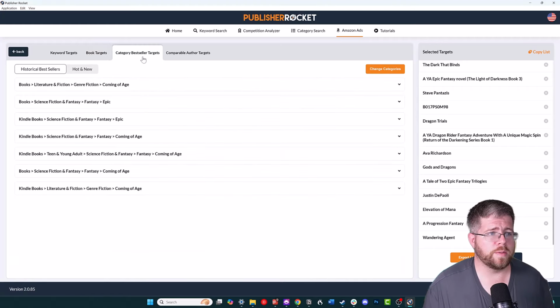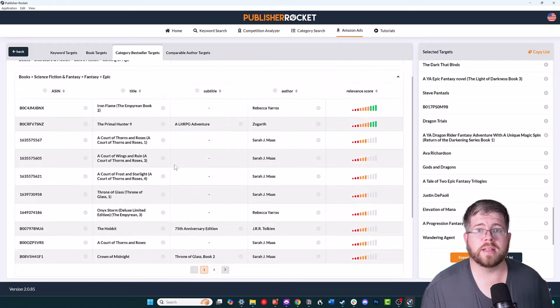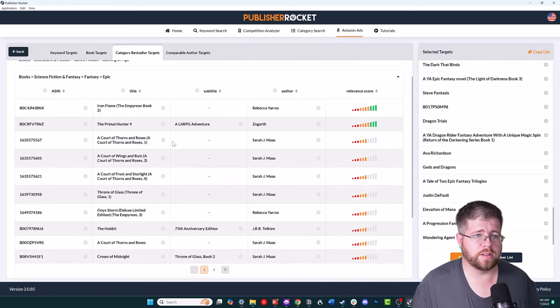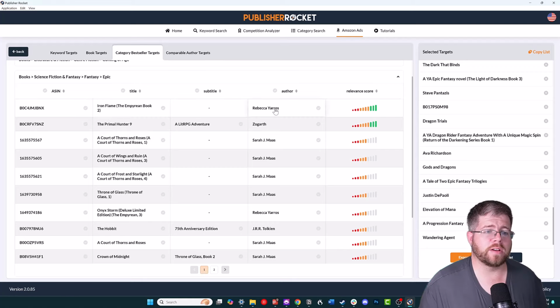Next, we've got the category bestseller targets. So this is where you can look at the different categories that your book is in. So we've got, for instance, fantasy epic, right? And you can go through and actually look at some of the other books that are in that category and that are bestsellers in that category. Now, you have to be careful with these because some of these are going to be very expensive to run ads to, and it's unlikely that you'll be able to run an ad that actually shows up on some of